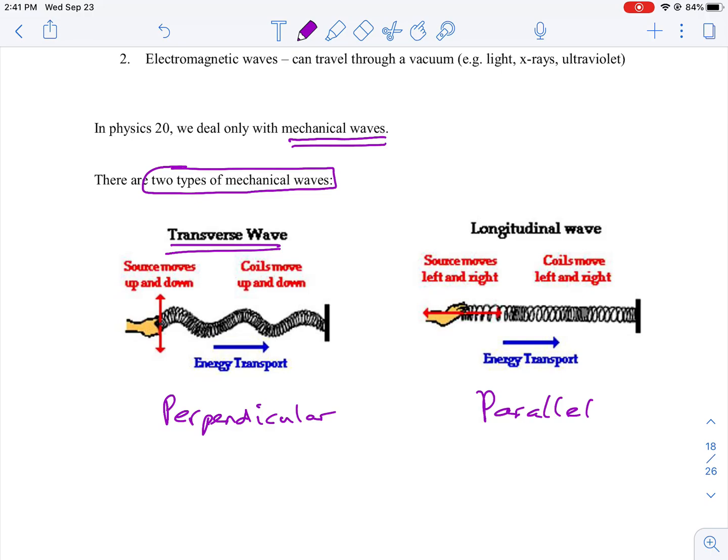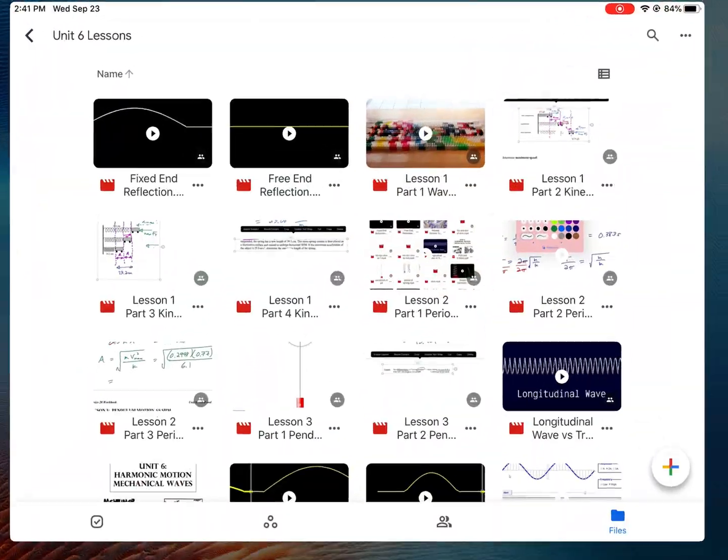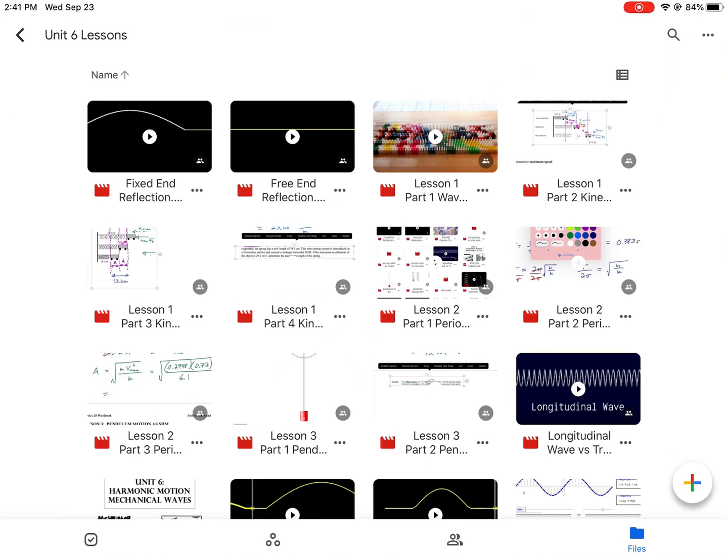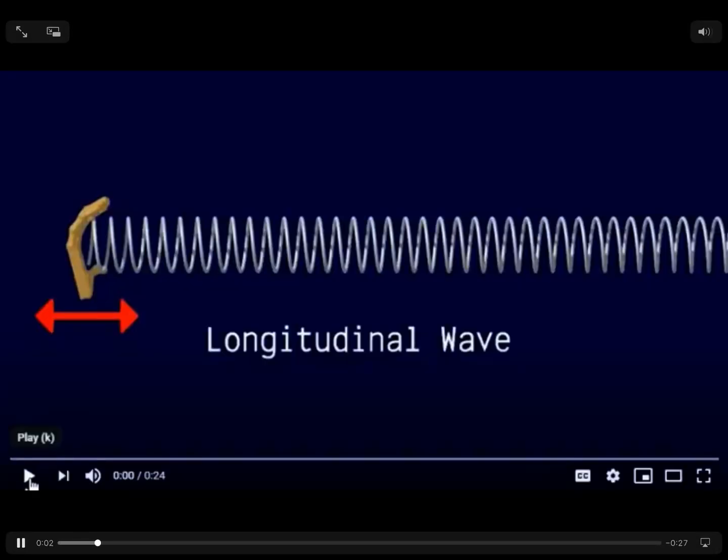Okay, let's go to, this one requires some videos, there's no doubt about it. So let's move over to the videos and see these kinds of waves in action. Let's do longitudinal versus transverse. Okay, so we start with the longitudinal. Remember,